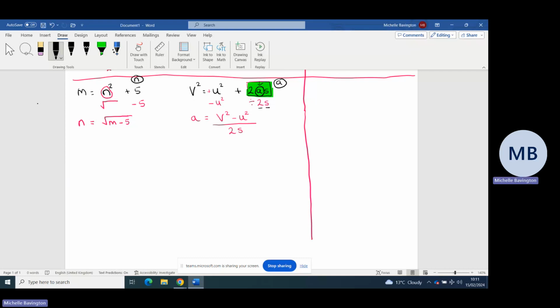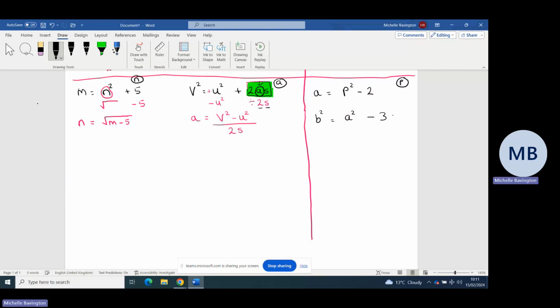I hope that makes sense. Right, let's give a couple to have a go at. A equals P squared minus 2. Make P the subject. And B squared equals A squared